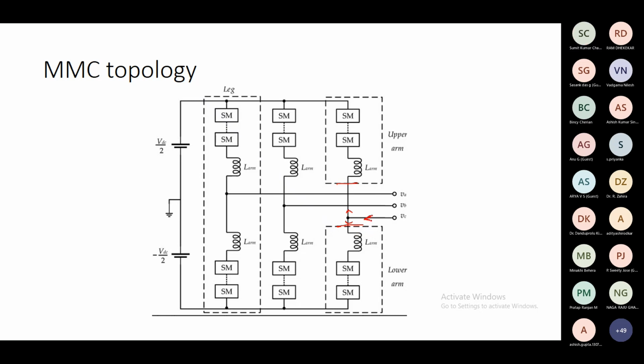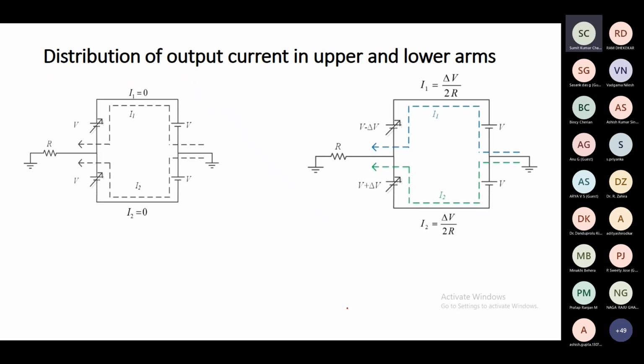Observe that in the case of the upper arm, for this AC current component, when the current is inwards, current is entering from the bottom side and leaving the top side of the arm. But for the lower arm, for the same direction, for the positive, when the current is inwards, current is entering from the top side and leaving the bottom side of the arm. It will have a different implication, in its opposite. We'll see it soon.